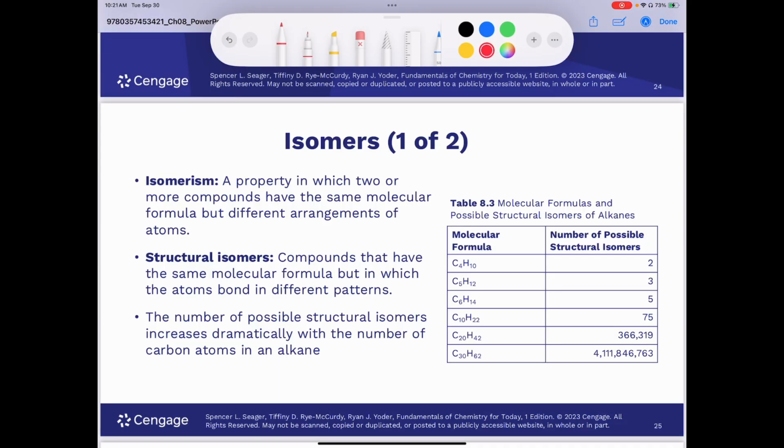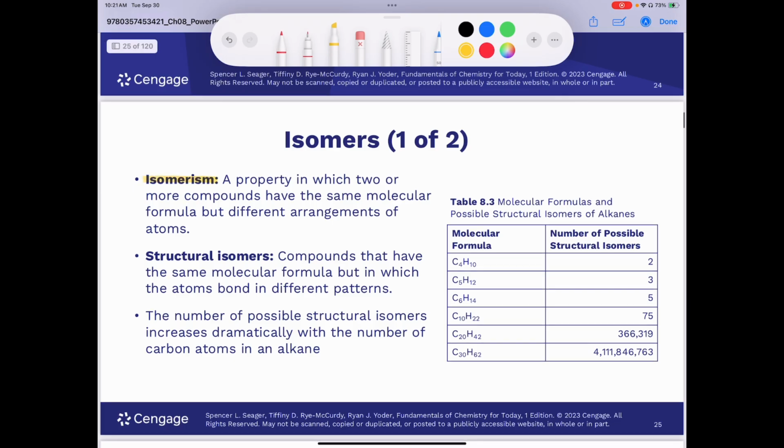Okay, so first of all, what is isomerism? Isomerism is defined as a property in which two or more compounds have the same molecular formula, but different arrangements of atoms. And we're going to take a look at some examples. I think the first example we'll take a look at is if you have the molecular formula